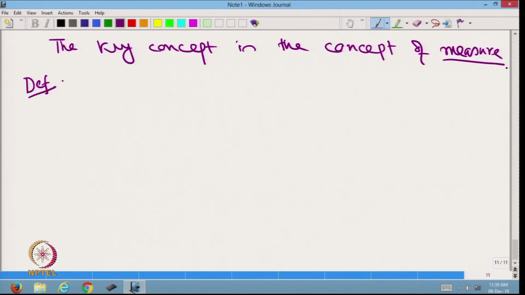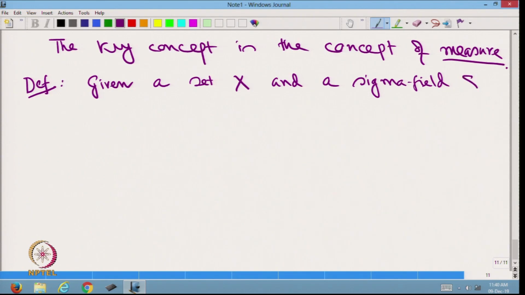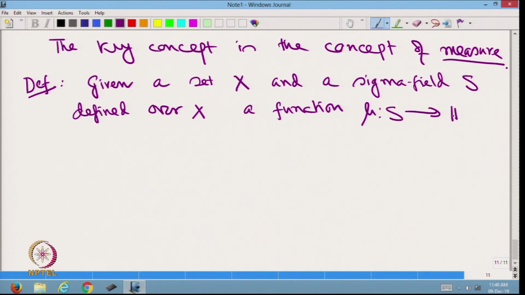Definition: given a set X and a sigma field S defined over X, a function mu from S to the real line is said to be a measure